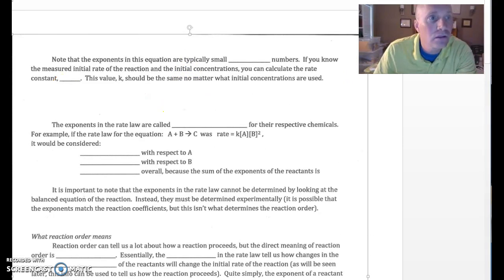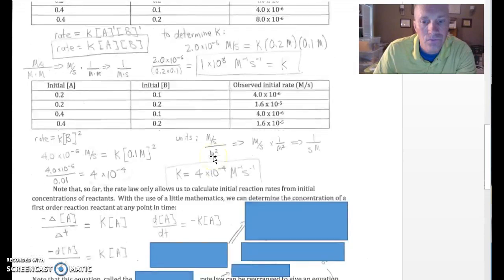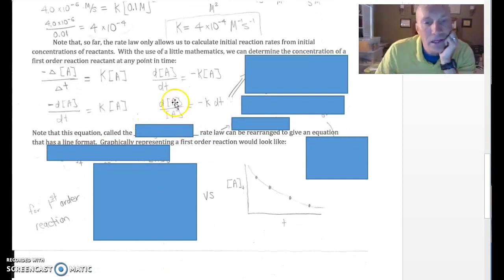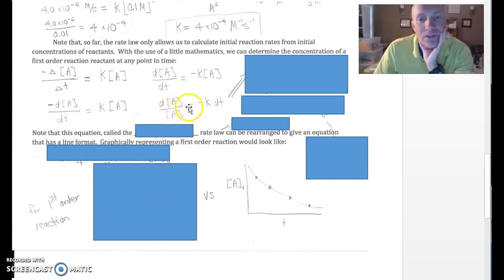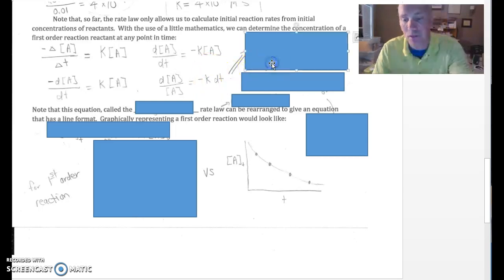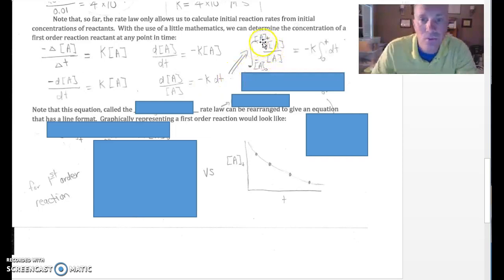And you end up getting this expression right here. Hopefully this is starting to look like something you would see in calculus, something we're going to be able to integrate on this side and something we're going to be able to integrate on this side. Notice that k is a constant, and I think you know that when you have a constant, you don't have to put it as part of the integral. So what we're going to do is integrate the left side